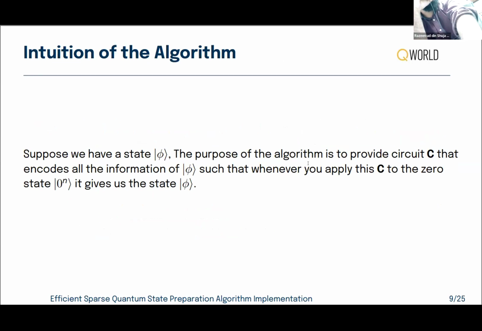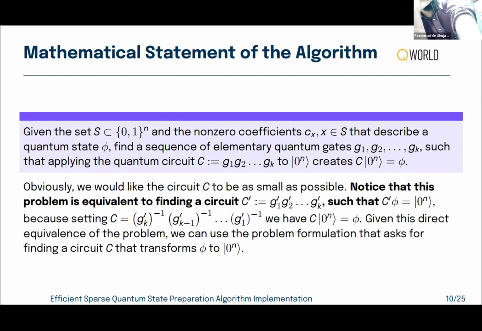Suppose we have a state phi, and the purpose of this algorithm is to provide a circuit C that encodes all the information present in phi, in a way that whenever we apply this C to the zero state, the initialization of